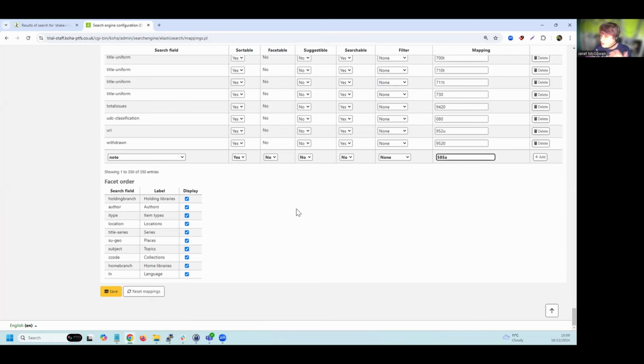Once you've added new mappings to specific search fields, you've got a save option there, which you would need to use. But the next step is that it does require an index rebuild. Elasticsearch has really improved indexing times, but obviously that rebuild needs to take place on the server, and